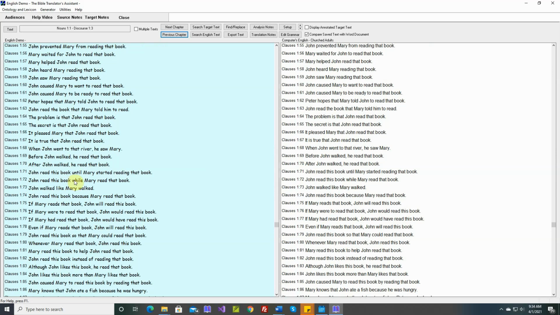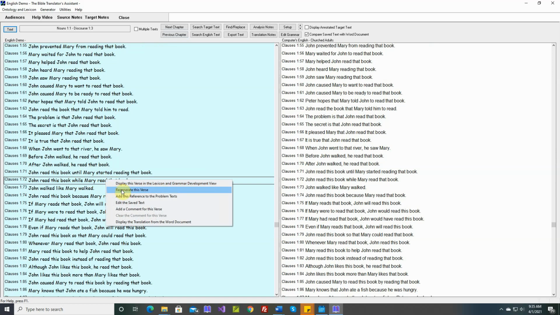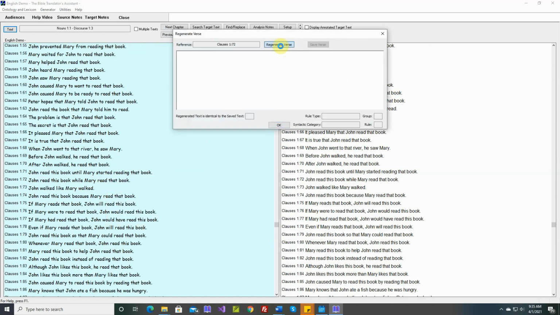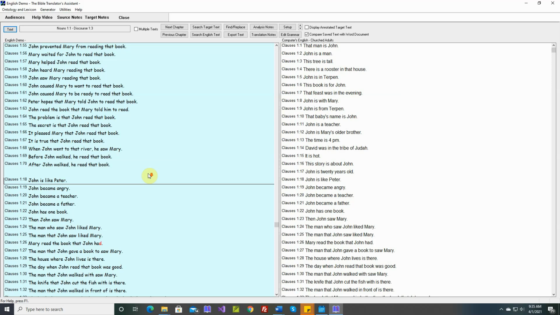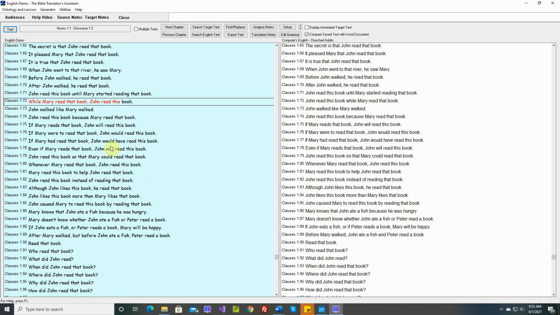John read this book while Mary read that book. So right now it still matches the Word document. But if we regenerate this verse, now the grammar produces, while Mary read that book, John read this book. And it doesn't match the saved text, but that's okay. We're going to save it anyway. And now this no longer matches the Word document, but let's make a note. We can say add a comment.